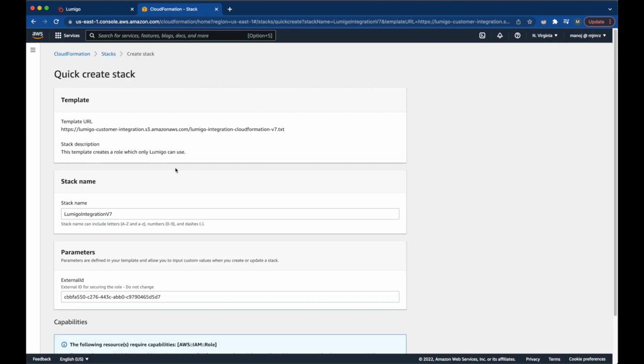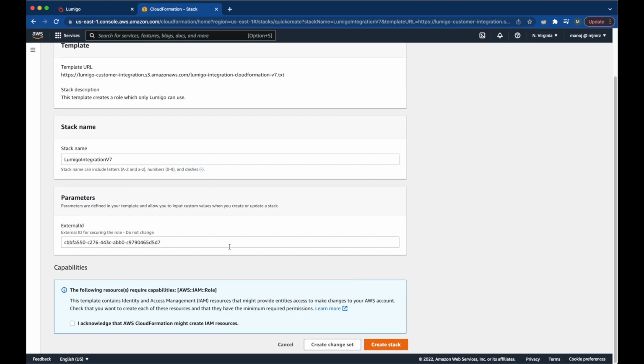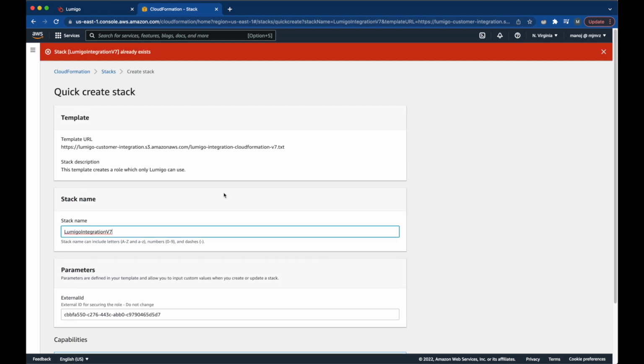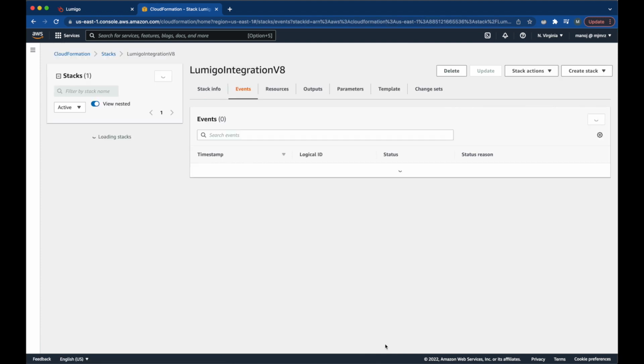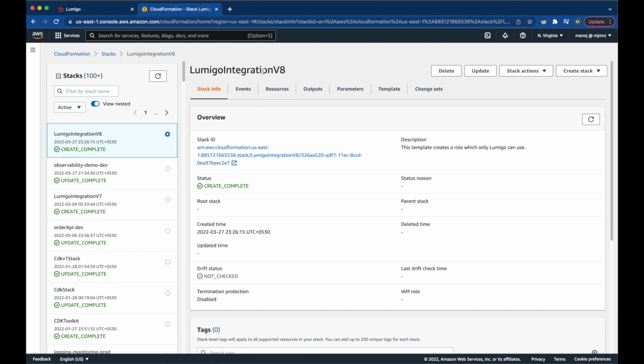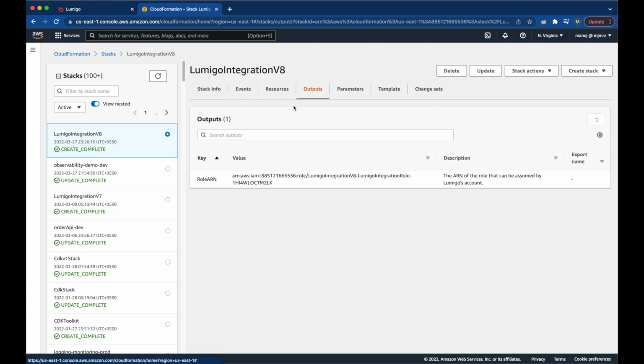So when you log into your AWS account, you'll be directed to CloudFormation. And there they will point to a CloudFormation template. So we need to execute it. So I'll acknowledge it and create stack. This is basically creating an IAM role so that Lumigo can use that role to get the information from our AWS account. All right, so the stack is created. Now if you go to the output section, you can see as the output the IAM role ARN here, and Lumigo